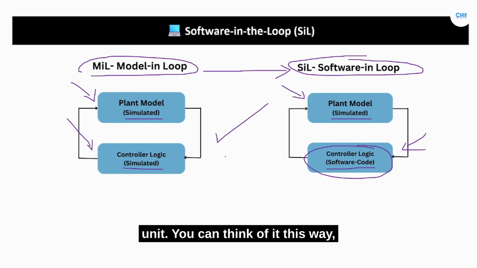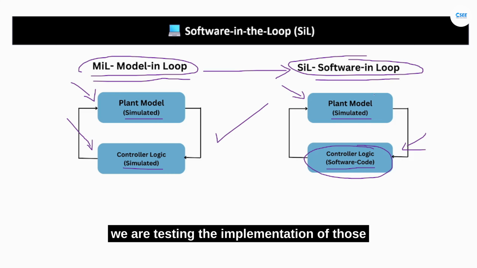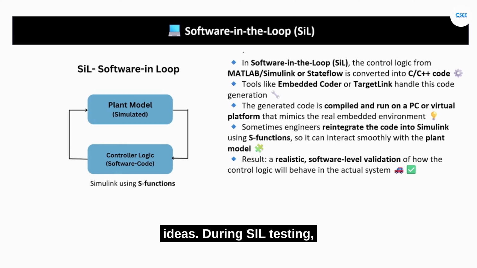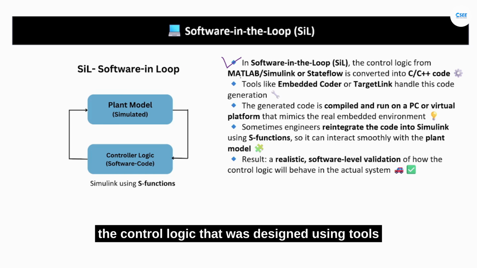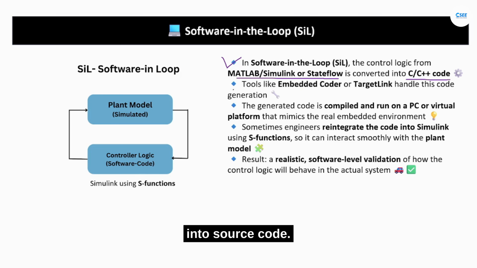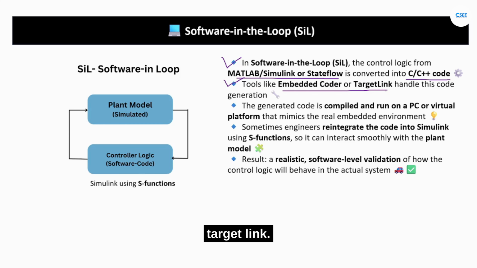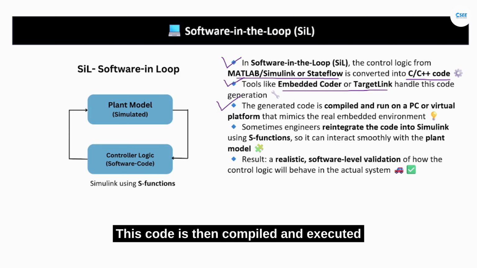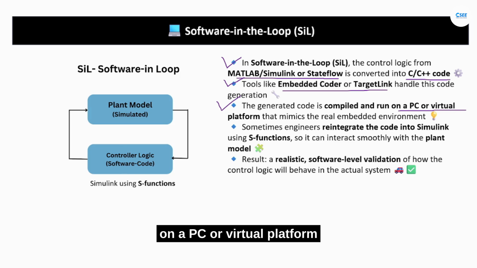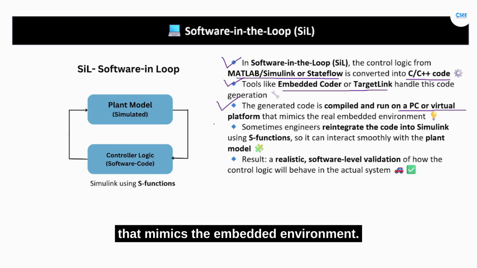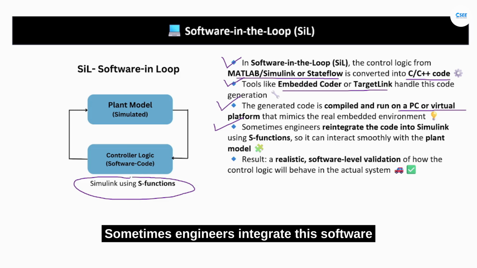You can think of it this way. In MIL, we were testing ideas. In SIL, we are testing the implementation of those ideas. During SIL testing, the control logic that was designed using tools like MATLAB Simulink or Stateflow is converted into source code, usually C or C++, using tools such as Embedded Coder or TargetLink. This code is then compiled and executed on a PC or virtual platform that mimics the embedded environment. Sometimes engineers integrate this software back into Simulink using S-functions, allowing it to interact seamlessly with the plant model